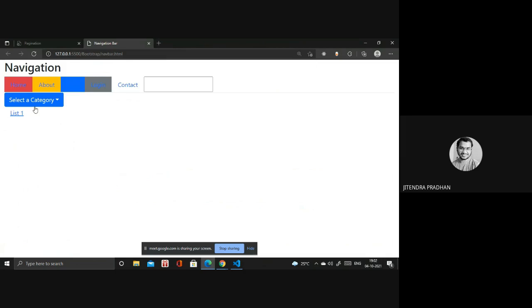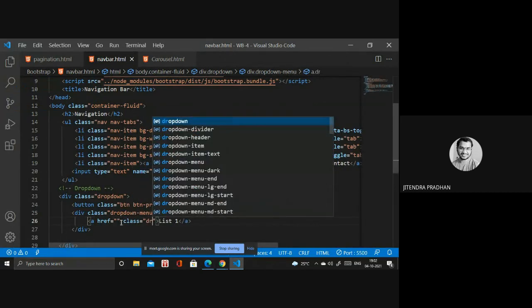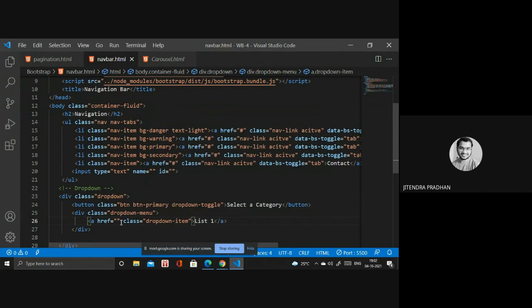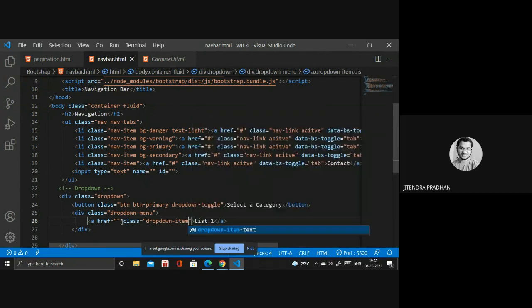Let's see how it looks. Sorry for that, we need the drop down menu inside. Next you have to require the drop down menu, and inside that you have to require the drop down item. If you require active, then you have to use active. If you require disable, then you have to use disable. We have many others out there.